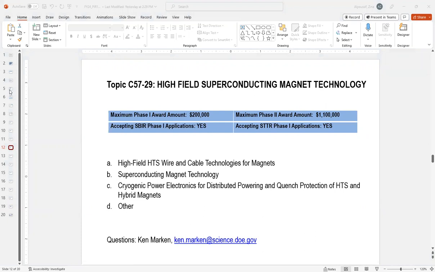We have a question for subtopic A. Is it only for material developing or coating on tapes as well in phase 1? It is for conductor development. So if your coating process is aimed at a magnet conductor and can produce lengths, and you show a path to the performance that we list in the table of metrics in the topic, then yes, we're interested. Thank you so much. I don't see other questions.